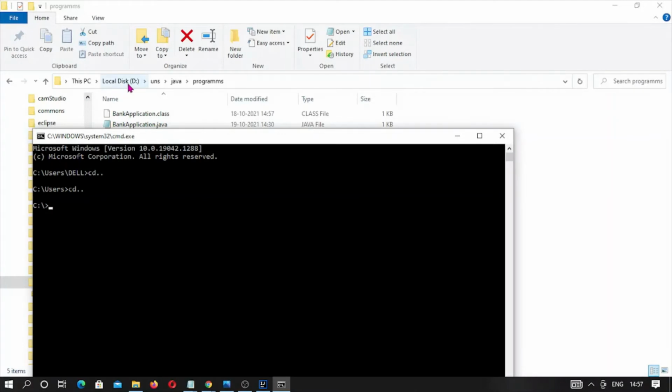This is the D drive, so we have to change the drive to D. Now we have to go into the directory UNS, then the directory Java, and then the directory programs. Now we are in the directory programs. Now we have to compile it.